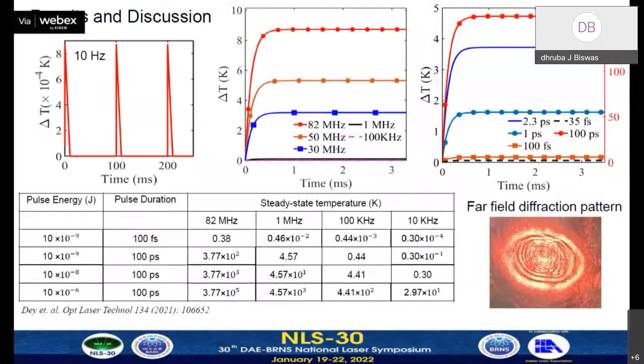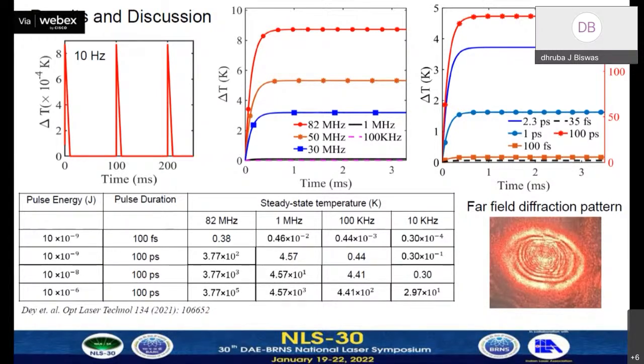Next slide, please. The thermal effects depend on various pulse parameters. First and foremost is the repetition rate, then the pulse duration, and the energy of the pulse. If we look at the first figure, that is for 10 Hz, a low repetition rate, then the pulse to pulse duration is quite less than the characteristic relaxation time of our material, which was sulfuric acid, and the characteristic relaxation time was of the order of 0.12 millisecond.